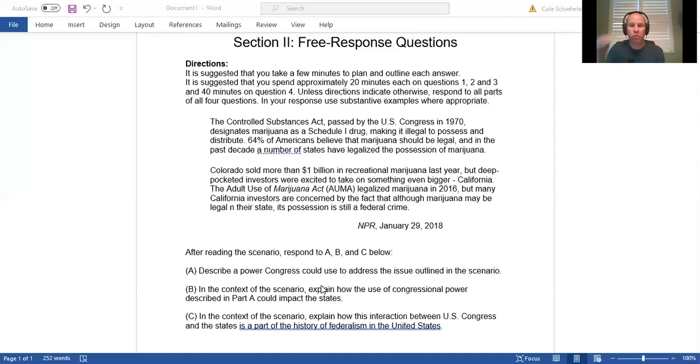Okay, so I gave multiple examples there of how Congress defunding the government agency that enforces the Controlled Substance Act is going to have an impact on the states. Okay, now we could do the same thing with passing a formal amendment. We would then have to describe what a formal amendment is, how a formal amendment gets passed, how that's different than a regular law, and then how a formal amendment would have that impact on the states.